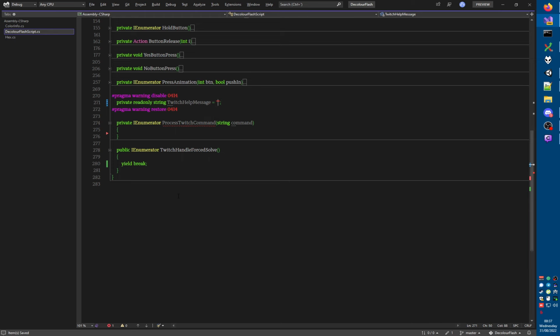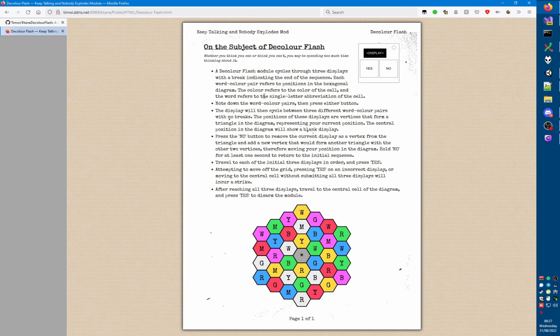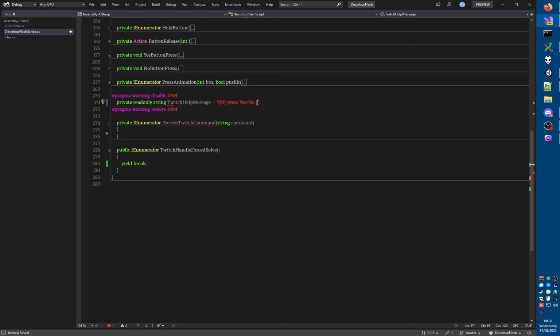So what Twitch commands do we want? Let's see, we want to be able to press yes or no. Which this is for the first stage where you can press either button at any time, and it doesn't need to like wait for a specific thing to happen. Press the button. You know what? It doesn't even need to say that. All right, then I'm gonna say press yes. Oops, yes, no on